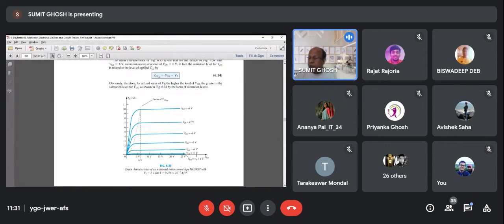Very good. Overdrive voltage is any voltage of VGS which is above VTH. কোথাও VTH লেখে কোথাও VT লেখে। So here 3 minus 2 is equal to 1 volt. So there is some amount of current. When VGS is equal to 4 volts, overdrive voltage is 2 volts. There is still more amount of current. When VGS is equal to 5 volts, the overdrive voltage is 3 volts.